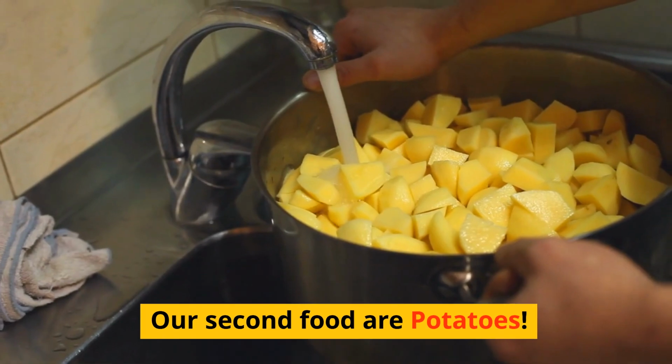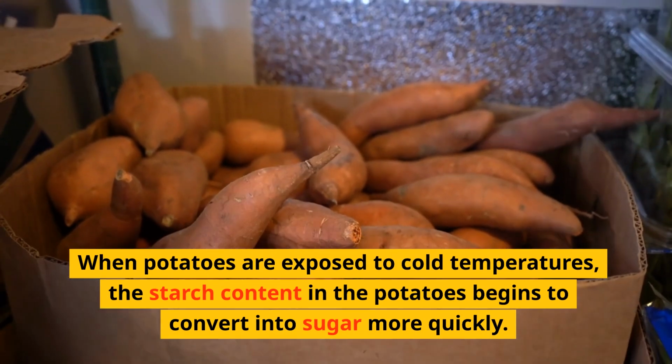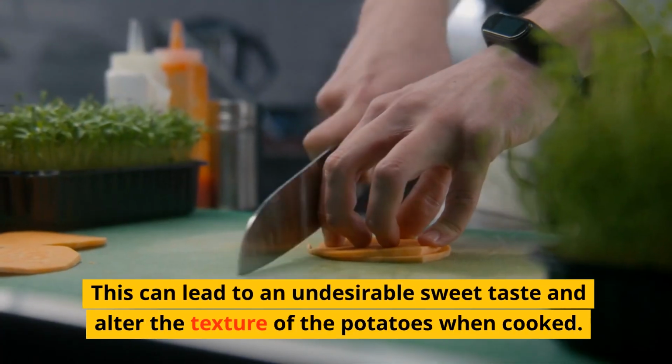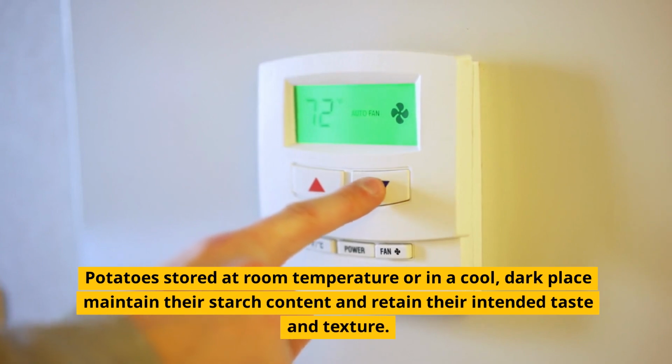Our second food is potatoes. When potatoes are exposed to cold temperatures, the starch content in the potatoes begins to convert into sugar more quickly. This can lead to an undesirable sweet taste and alter the texture of the potatoes when cooked. Potatoes stored at room temperature or in a cool, dark place maintain their starch content and retain their intended taste